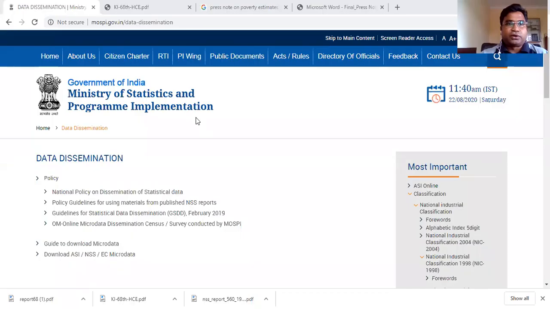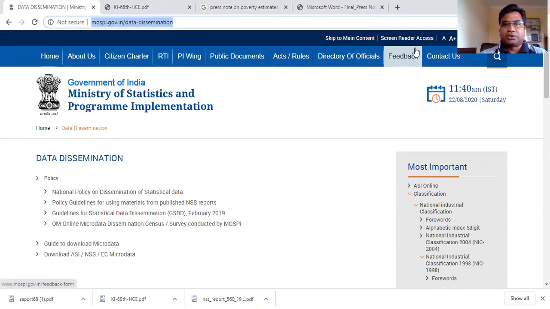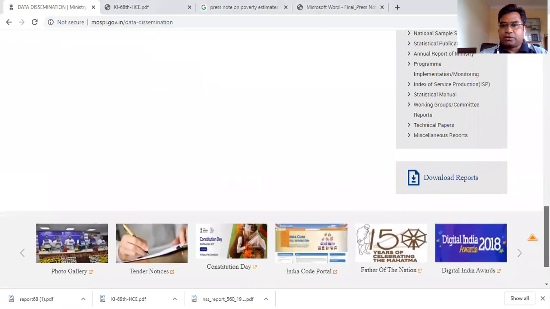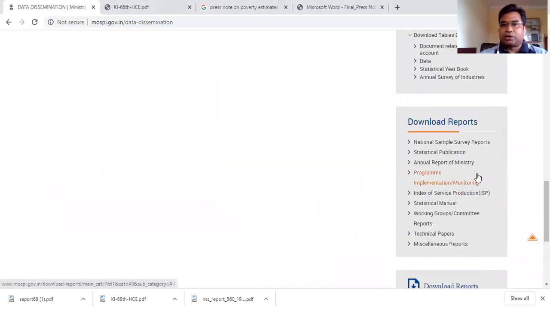So go to Google and search for MOSPI. You can see here mospi.gov.in/data dissemination. If you go here and scroll down, you will have something called download reports.